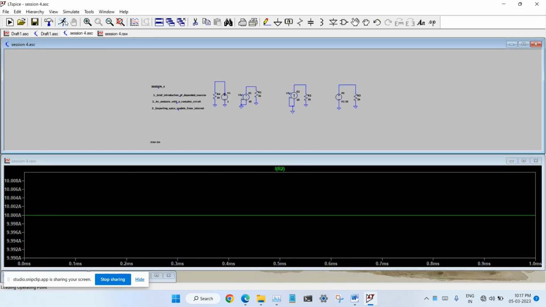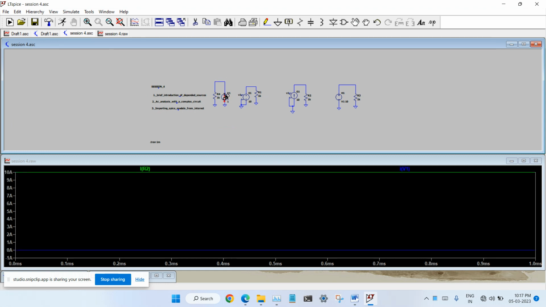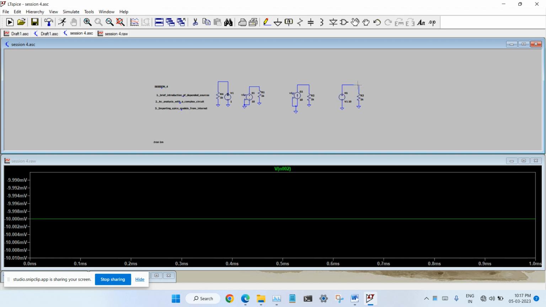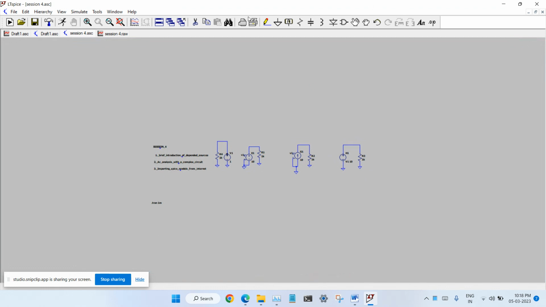So we can run the simulation, and the current through here is 1 milliampere as expected. Now we can see the voltage across the dip. Yeah, 10 millivolt or minus 10 millivolt, because the direction is, you can see that. Okay, so this is as expected. Now we can go to the next component,